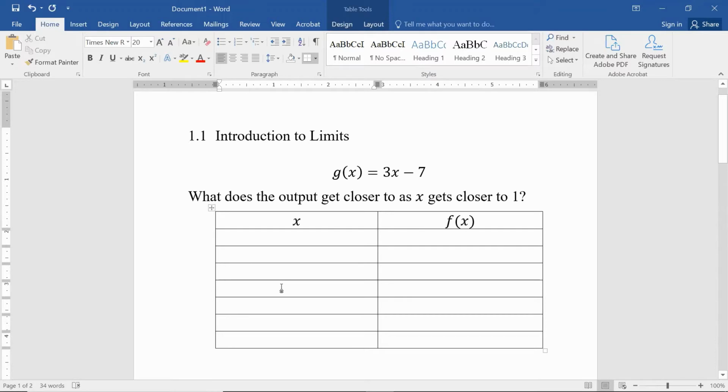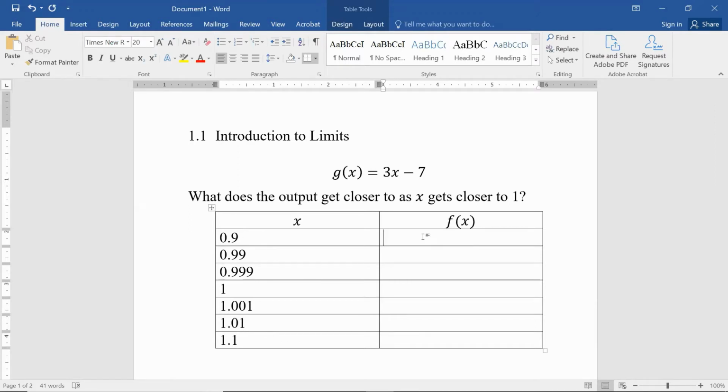But we do need to approach the number 1 here, from underneath. So maybe start at 0.9, and then 0.99, and then 0.999. And then also from above, 1.001. I'm trying to get closer to 1, so as I start from further down in the table, I approach 1 as I travel up, and as I start at the top of the table, I approach 1 as I travel down.